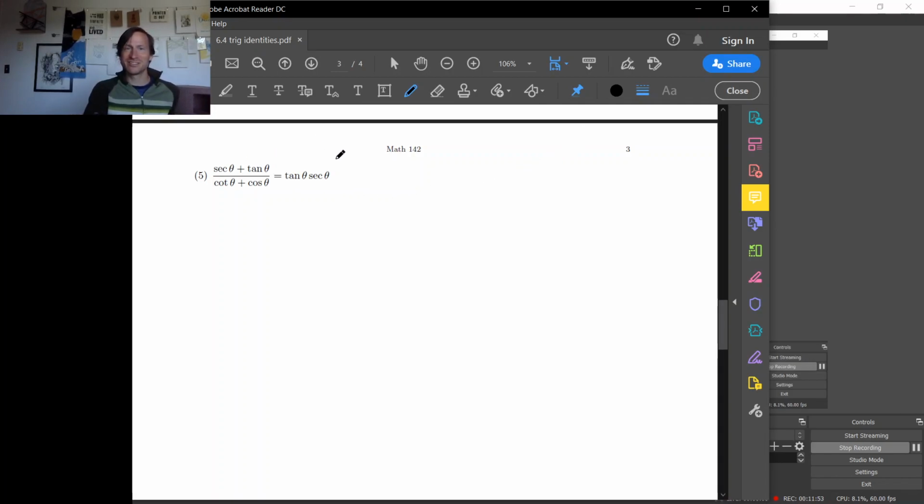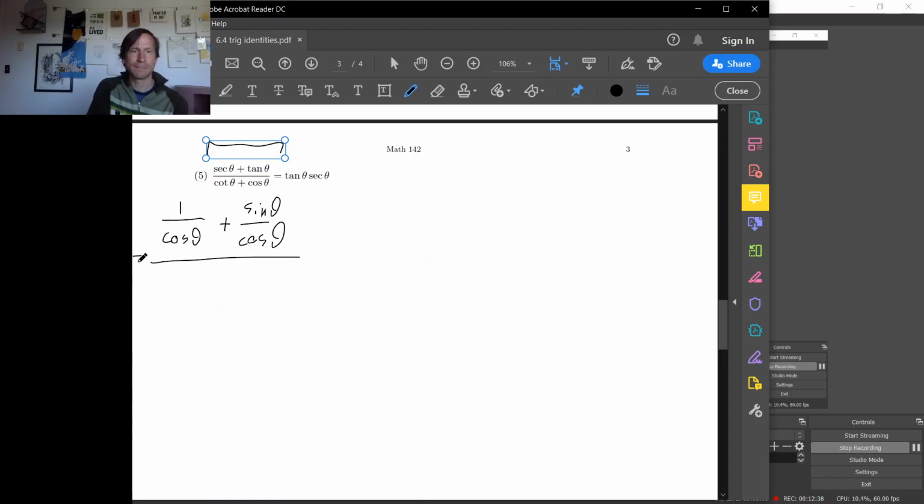I'm not going to lie, this one is pretty tricky, and I worked it out ahead of time because there are just so many things to try, so many possibilities for things you might multiply by, ways to write it in terms of sine and cosine, things to factor, all sorts of things you could try. So there are so many possibilities that it took me a couple tries to stumble on to the right thing. And for me, what worked out is starting with this left-hand side and writing everything in terms of sine and cosine. So I got secant is 1 over cosine theta, plus tangent is sine theta over cosine theta,